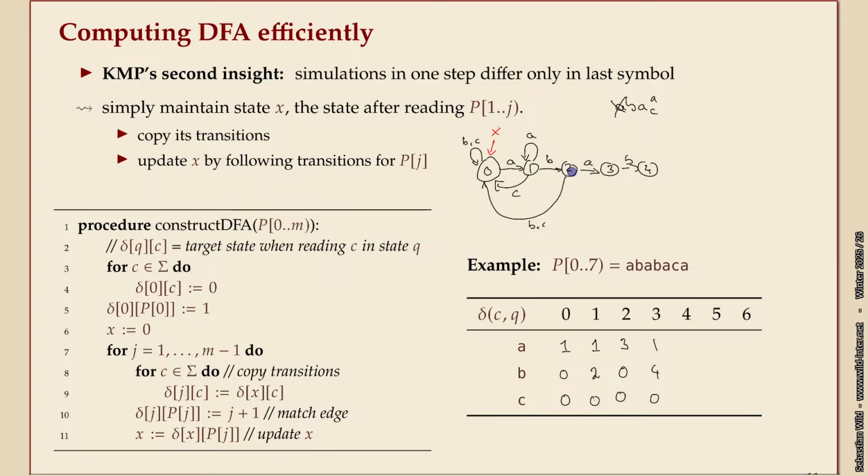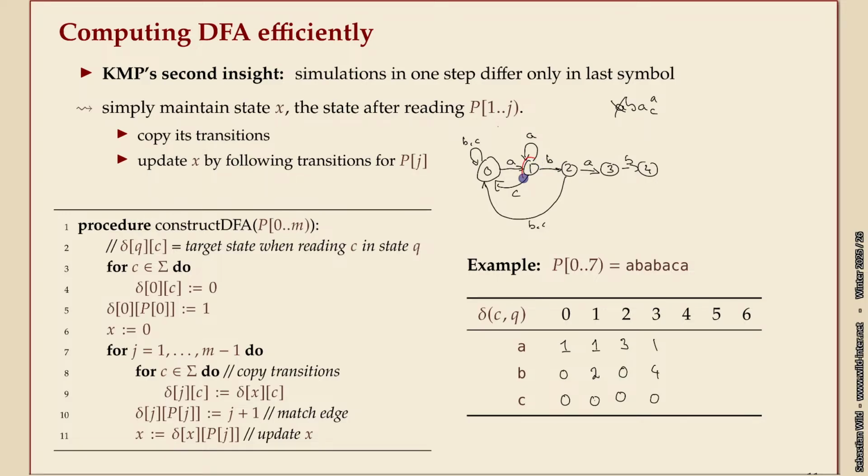Now if I go to the next state, meaning I want to construct the outgoing arcs of state 3, I would run the automaton on the prefix without the first character, so on B and A. But I already know where B led me to, namely X. So I can just keep X and update that one step. So if I go with X, where it brings me when I read an A from here,